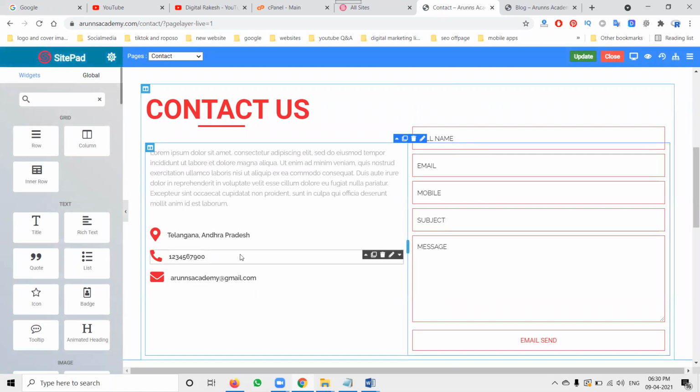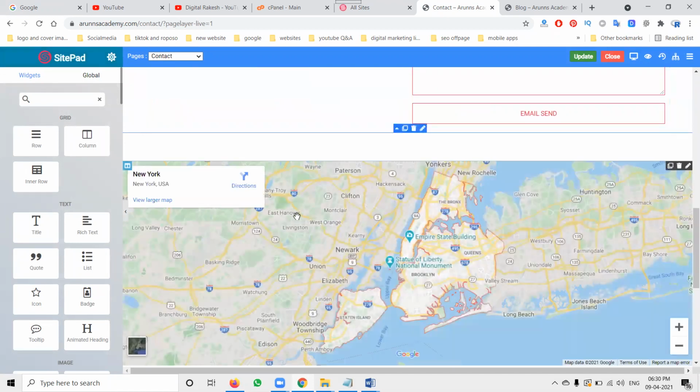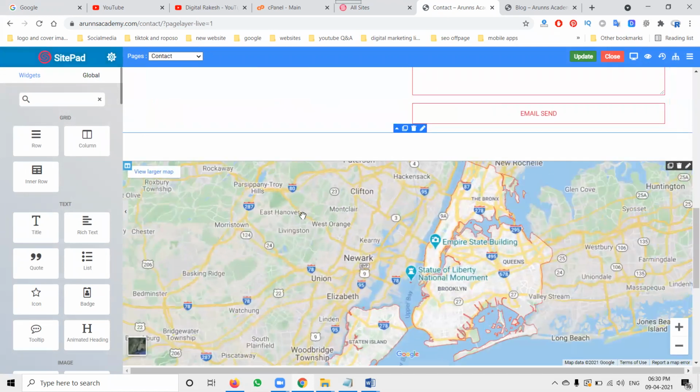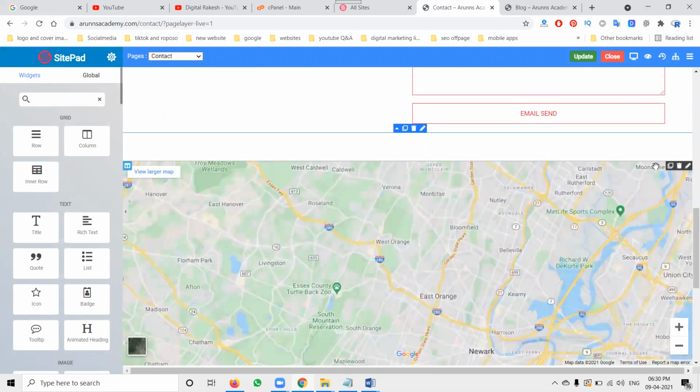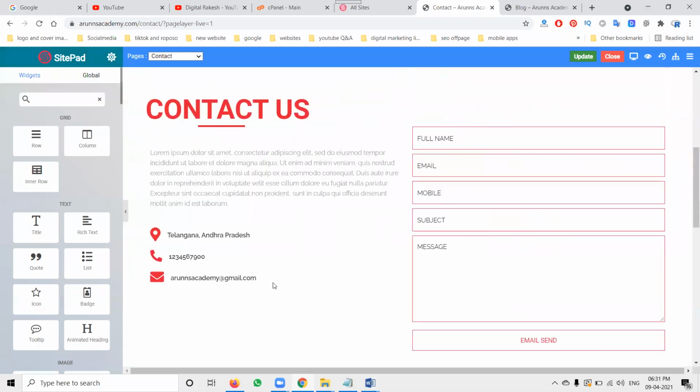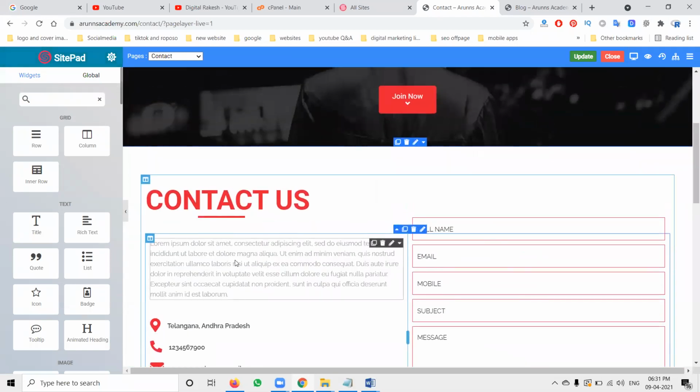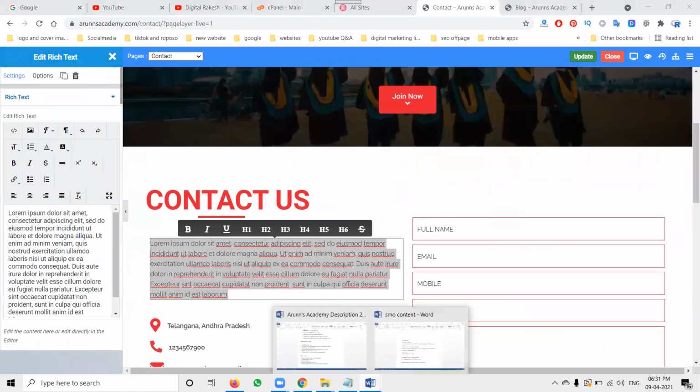So what is your phone number? Everything you can add here. Right now I'm adding a dummy phone number. In the future, you can add anything, like Google Map or any position, in the application. Now if we click the edit option, you can change your Google Map here. This is a common footer and common header. You can change these details for the particular footer option.